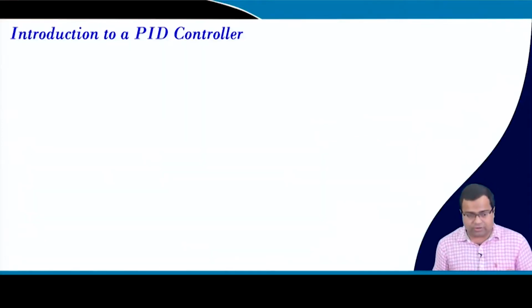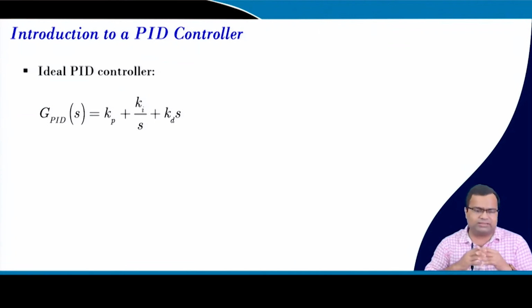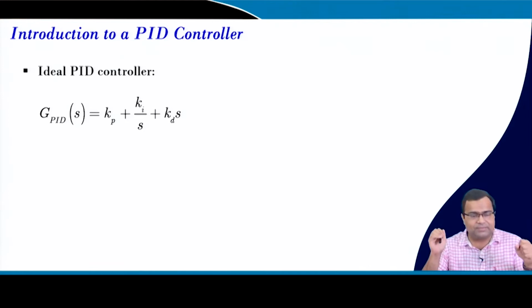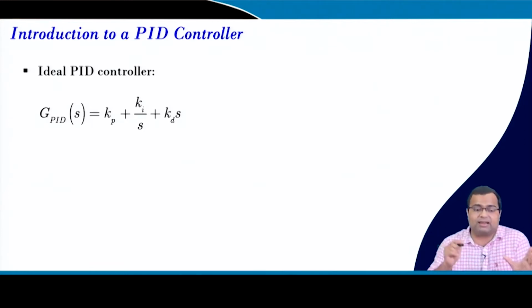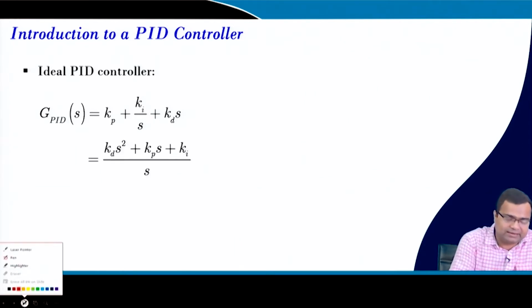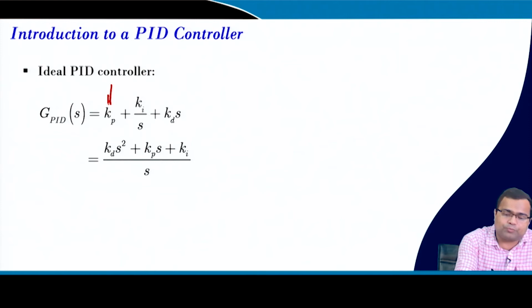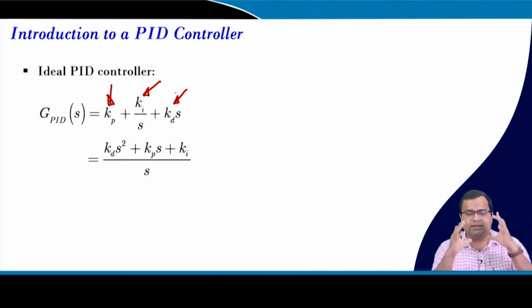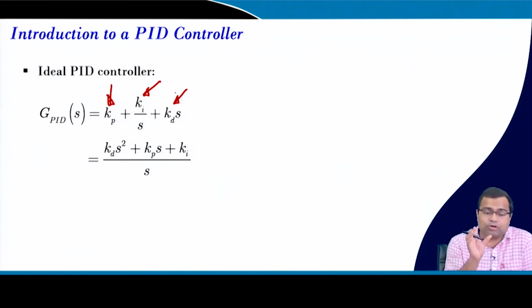So, first we want to talk about a PID controller, which is a very well known controller in the context of control system. In the PID controller, if we take an ideal PID controller, it is a parallel realization. So, we have a proportional gain which is Kp, integral gain which is Ki, and a derivative gain which is Kd. This is a standard PID controller, and if we express this PID controller into polynomial numerator and denominator polynomial form,